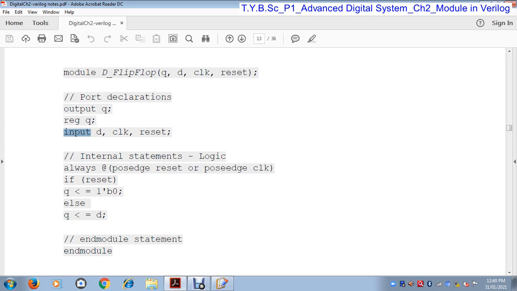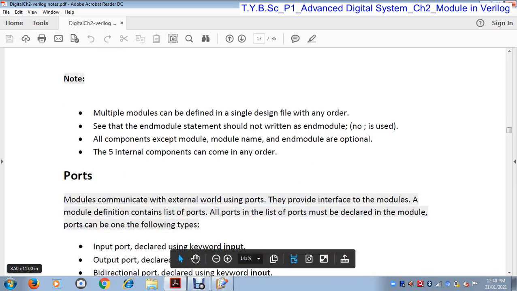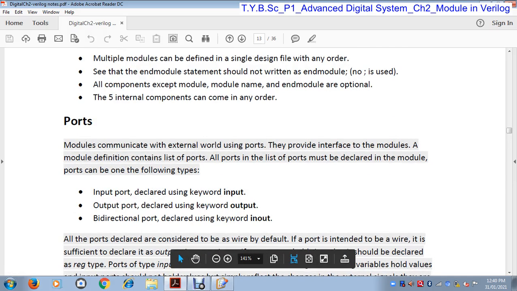Output port is declared using the keyword output, and bidirectional port is declared using inout. Bidirectional means this variable can be used as input as well as output. Therefore it is declared by the keyword inout.